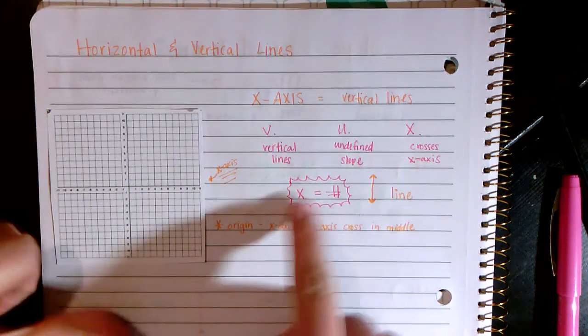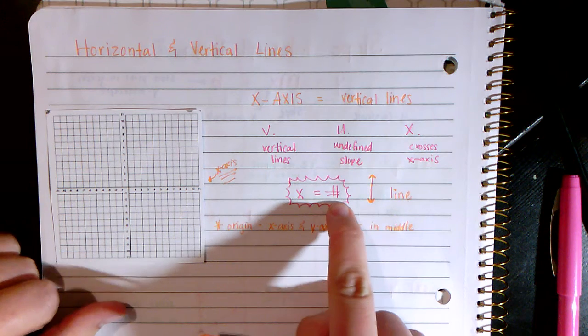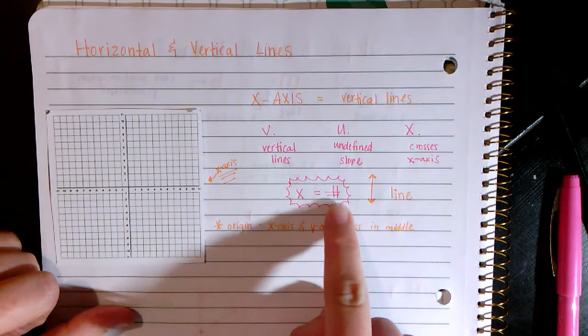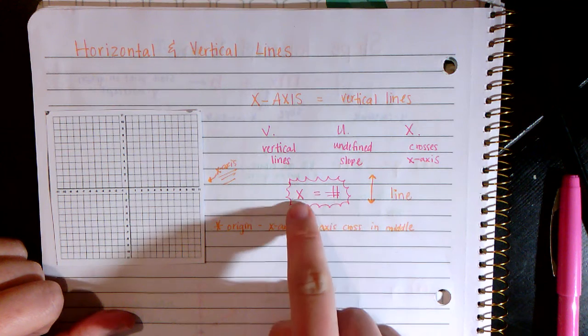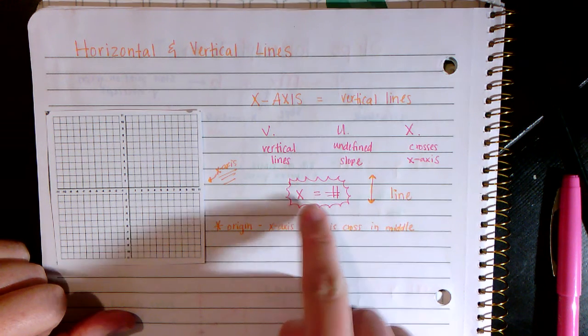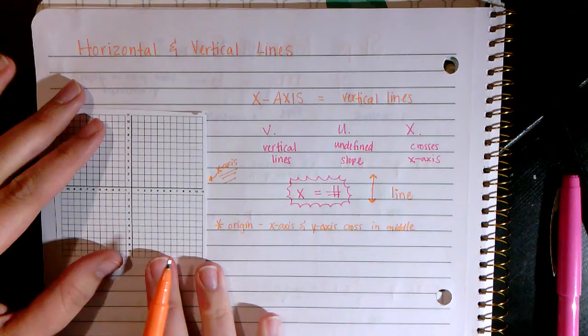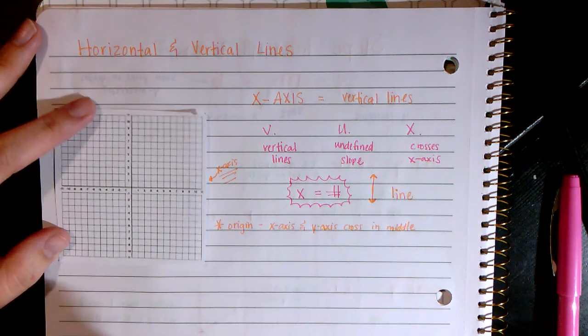When you have x set equal to a single number, and I'm asking you to graph that, that is not a point. That does not mean that you draw a dot. That means you draw a line. That means that number is a straight line all the way through that whole number for the x value. So I'm going to give you an example. Let's say I give you